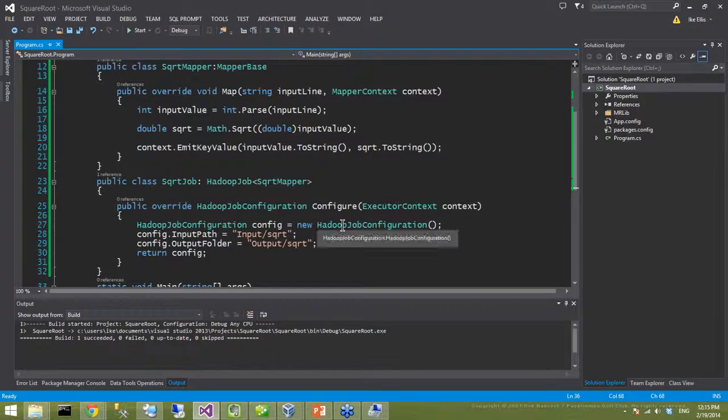So that input path, the input square root, is that some data on disk, or how is the data getting into Hadoop to get mapped? That's exactly right. The input would be a text file with numbers in it that are just dropped there, and then the output would go in that folder. I could look in HDFS at the output, and it would give me the square root of whatever my inputs were.